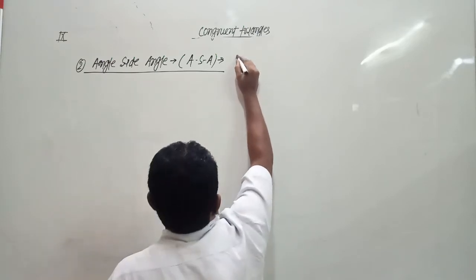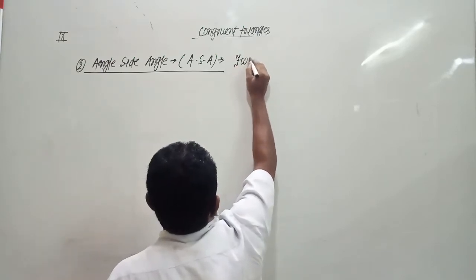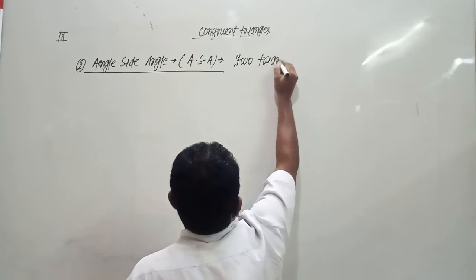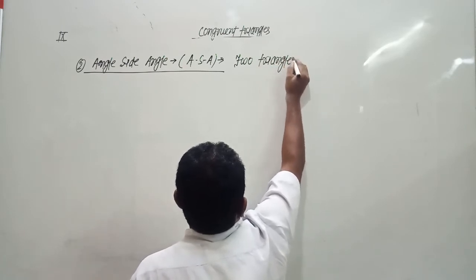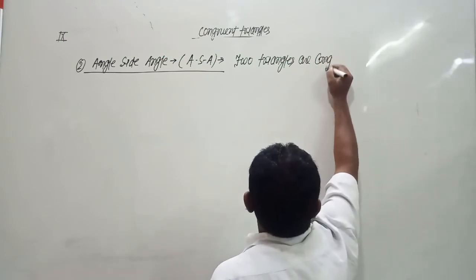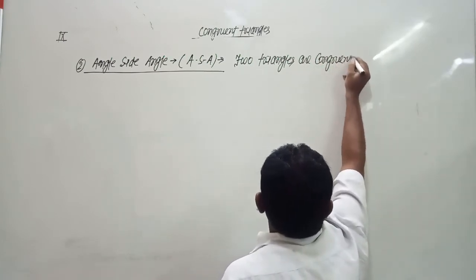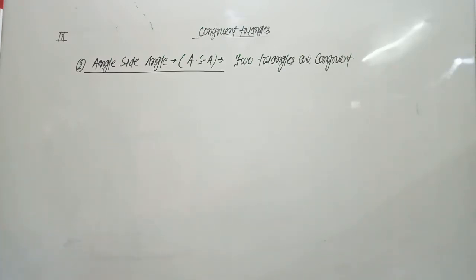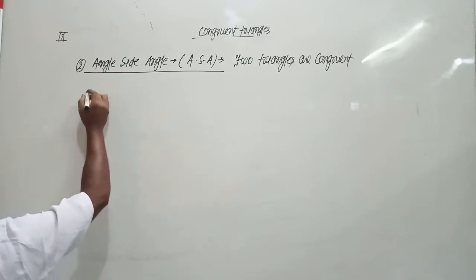So two triangles are congruent if two angles and the included side